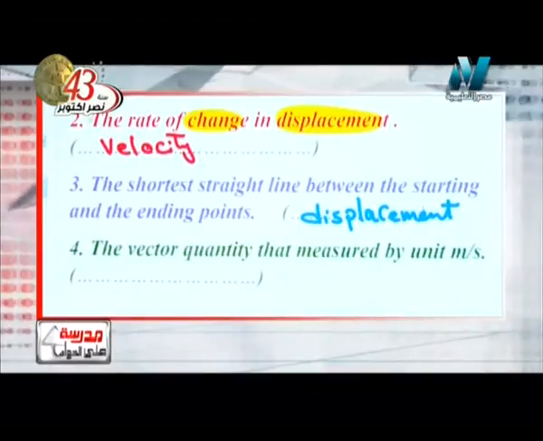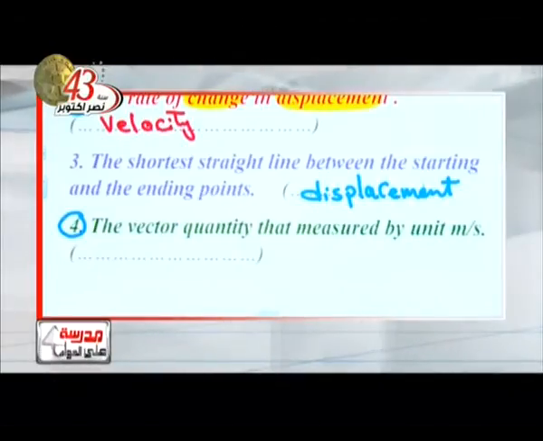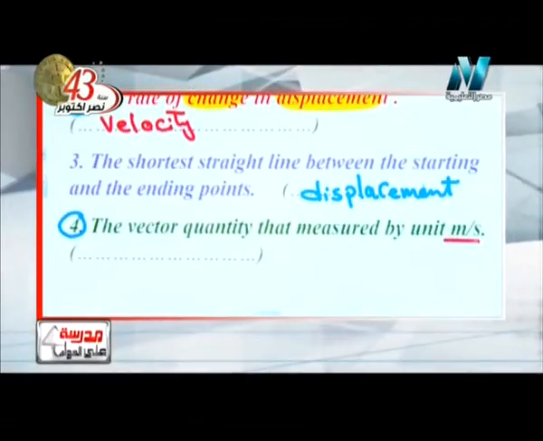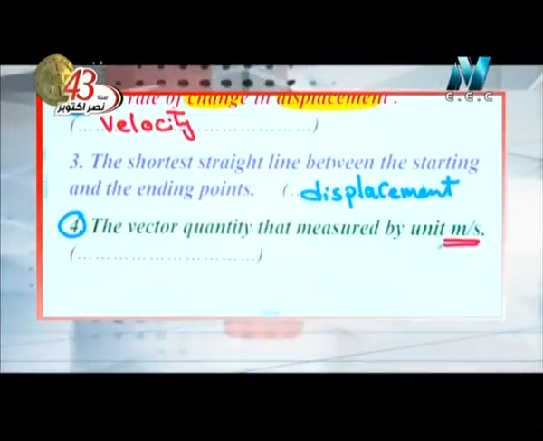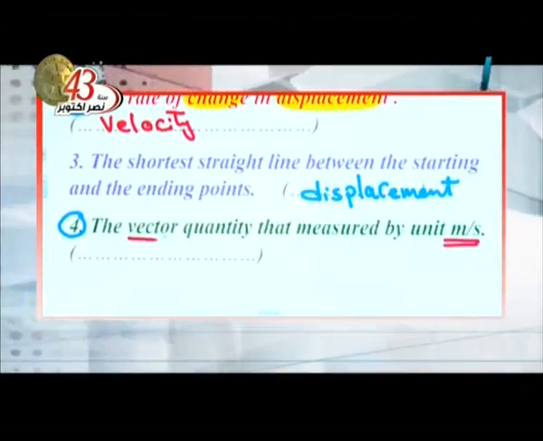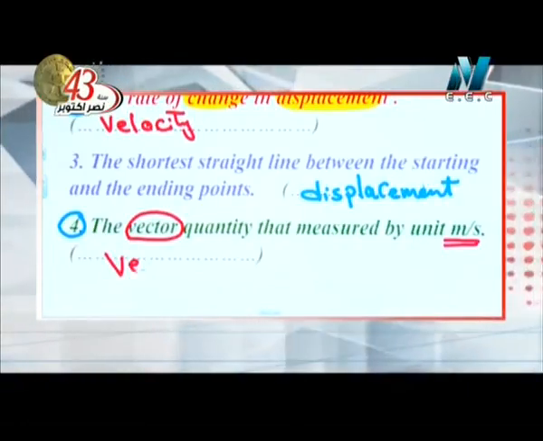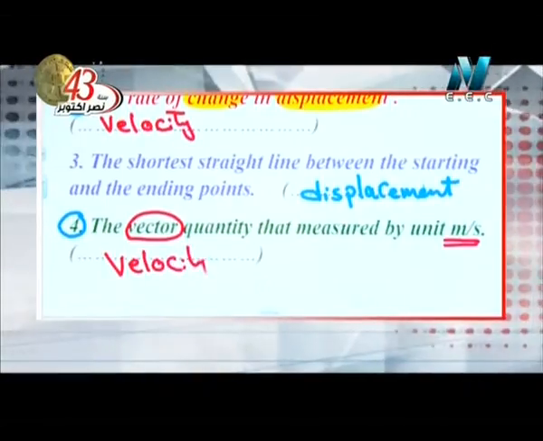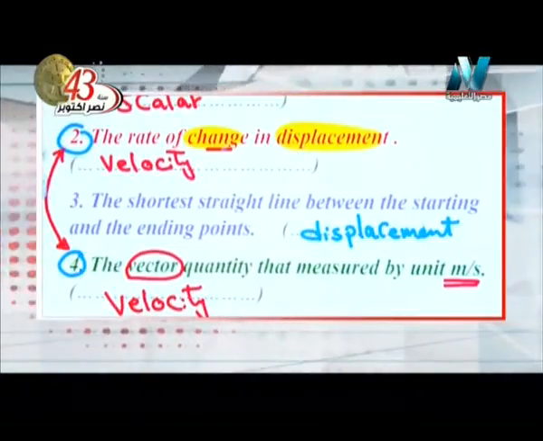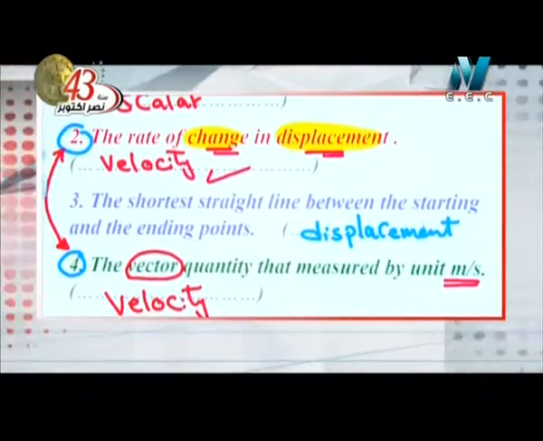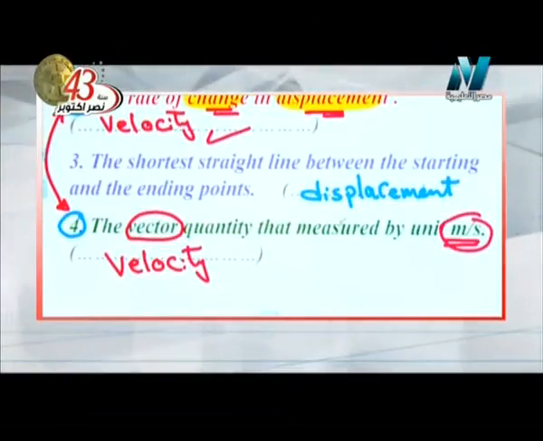Pay attention, from question 2 I am repeating it again. And the last question here, we have a vector quantity measured by meter per second. We have only one scalar quantity identified by meter per second, which is speed, and here we talk about a vector physical quantity identified by meter per second. Here we talk about velocity. We should know that number 2 and number 4 have the same answer, but here we talk about change in displacement, we talk about velocity, and we talk about a vector quantity measured by meter per second,